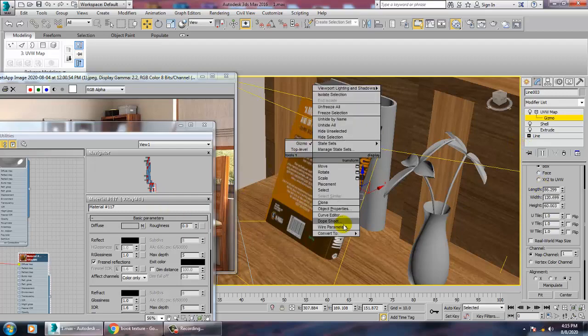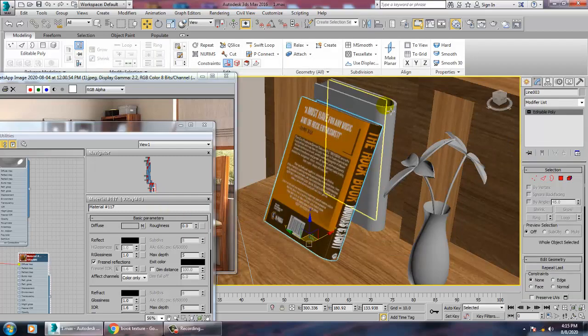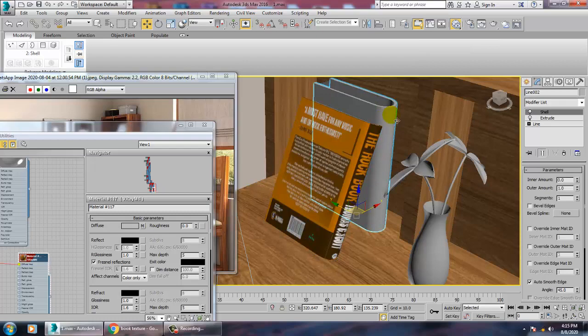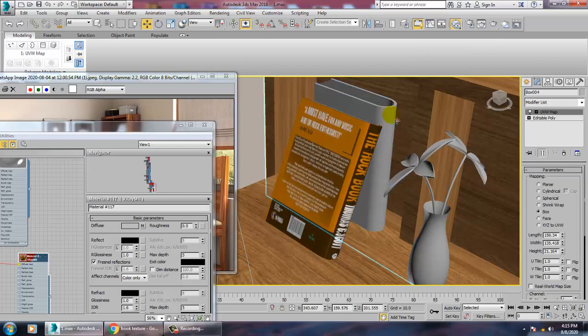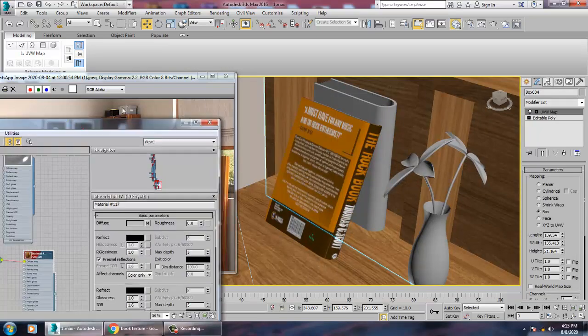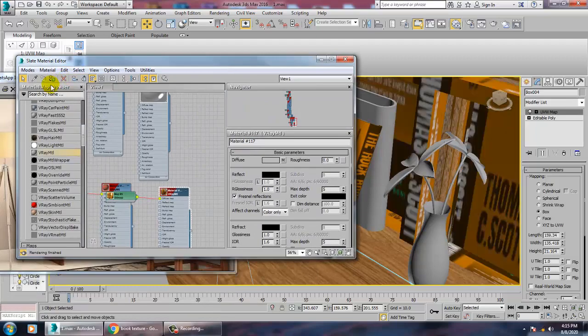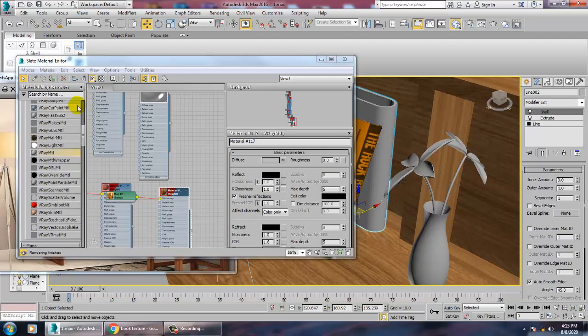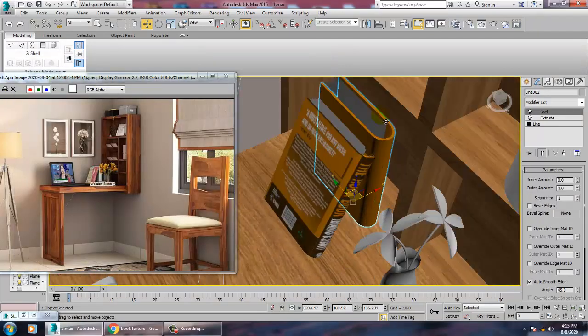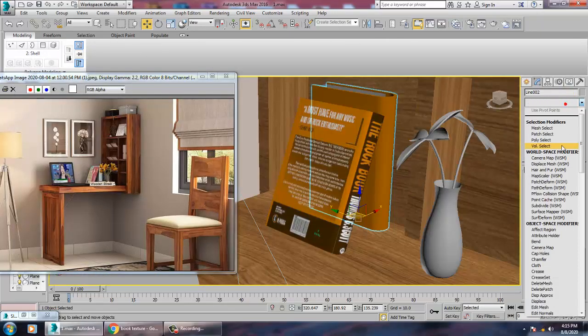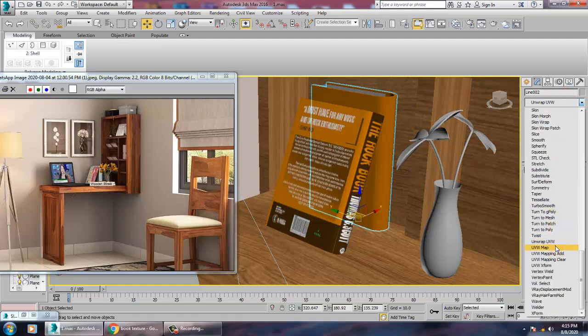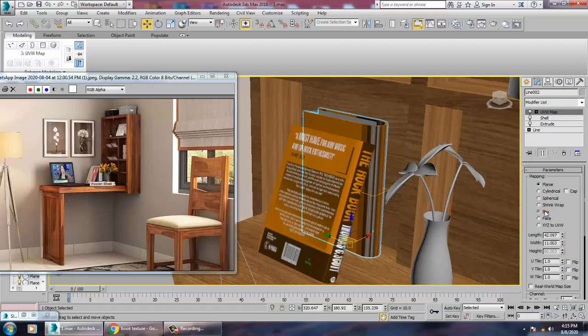Again, convert to editable poly. So go into the material again, select this and assign the same over here. Let's go into this, give a UVW map, set it as a box.